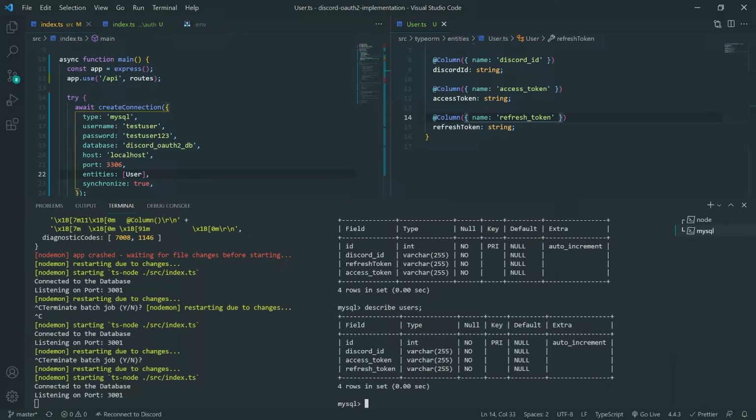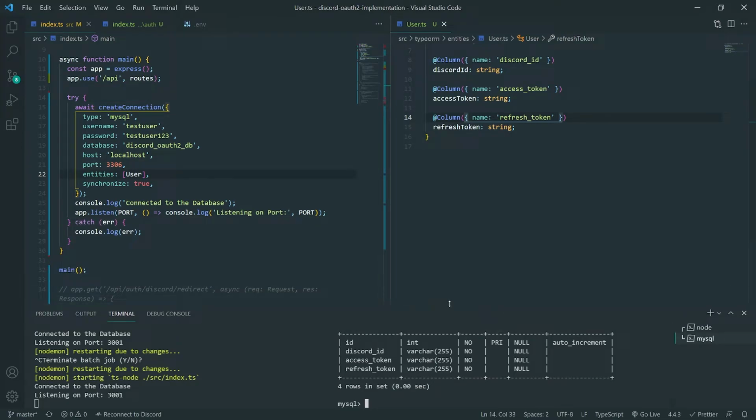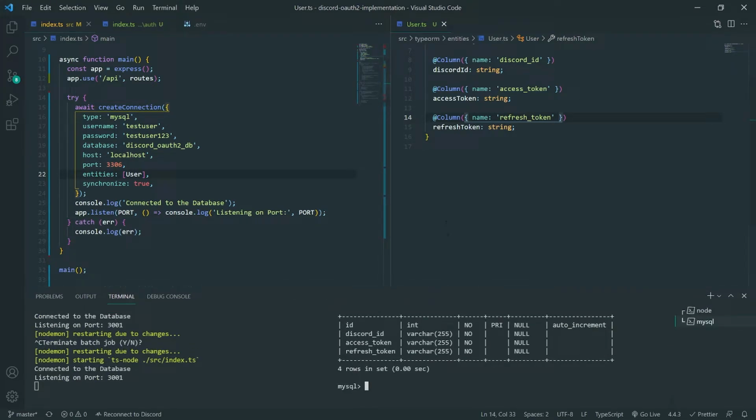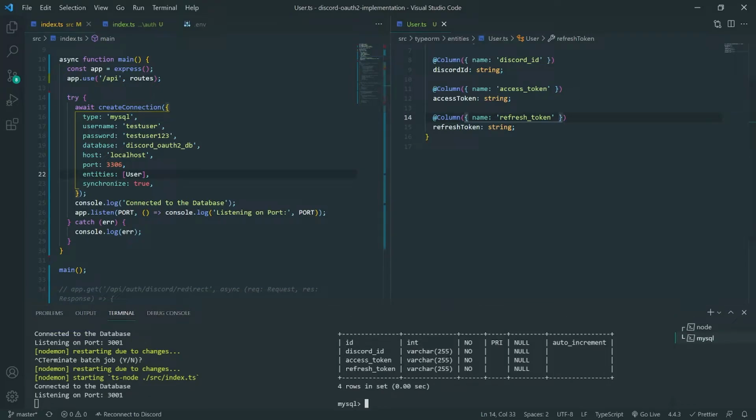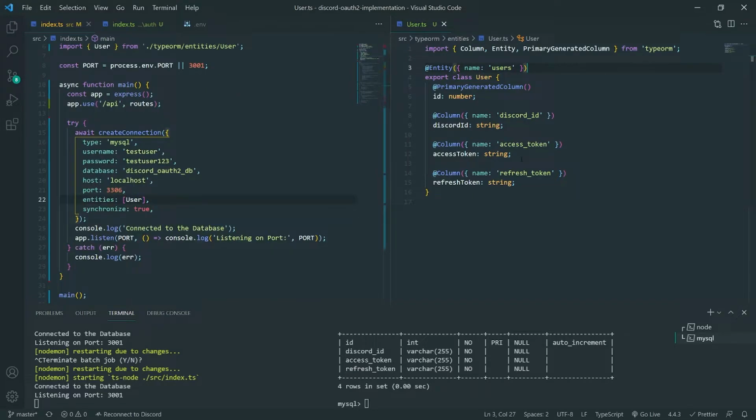Pretty cool stuff. Okay, so that's going to be pretty much it for that. So let's just leave the connection to the database in the terminal. Okay, so what we're going to do now is we're actually going to start saving the user's data to the